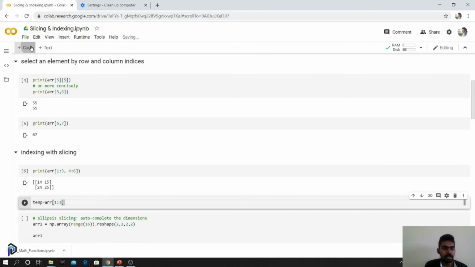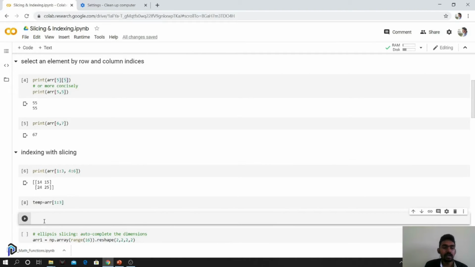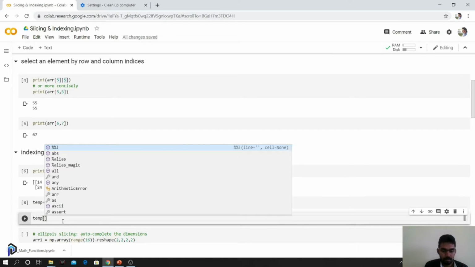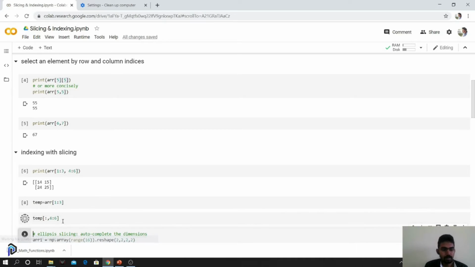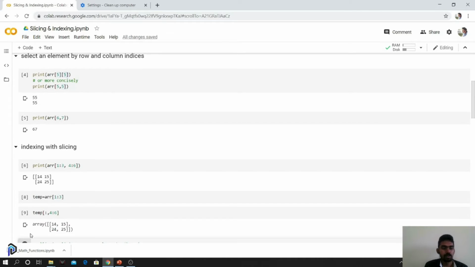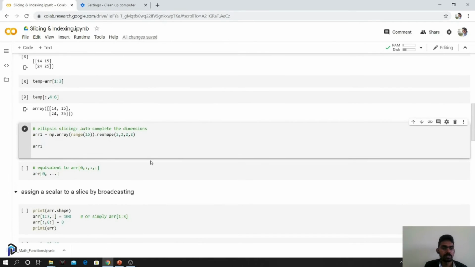Then from this we are just selecting the fourth column and the fifth column. So this is the output that we are getting. Hope it's clear, but we'll look into more examples which will make it clearer.